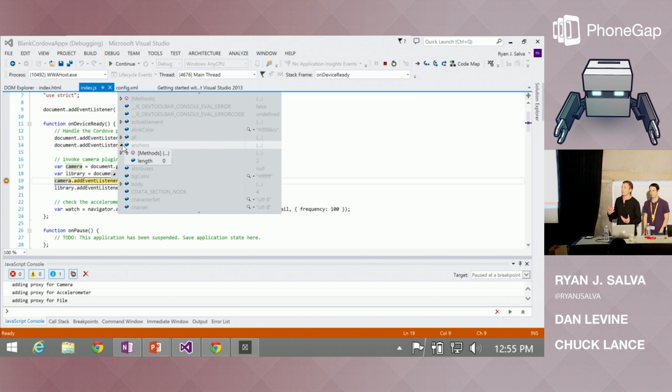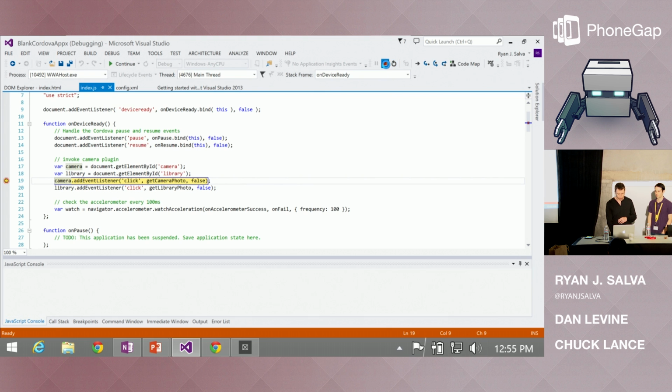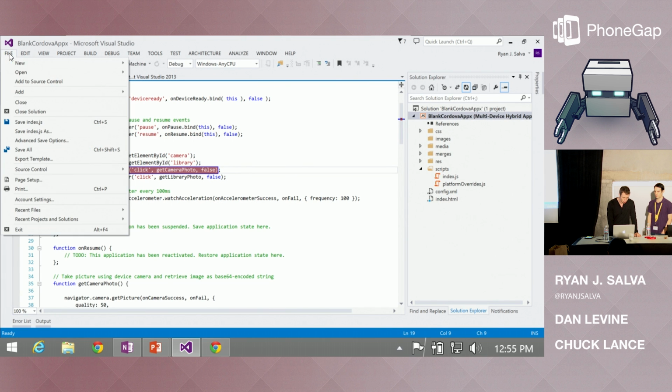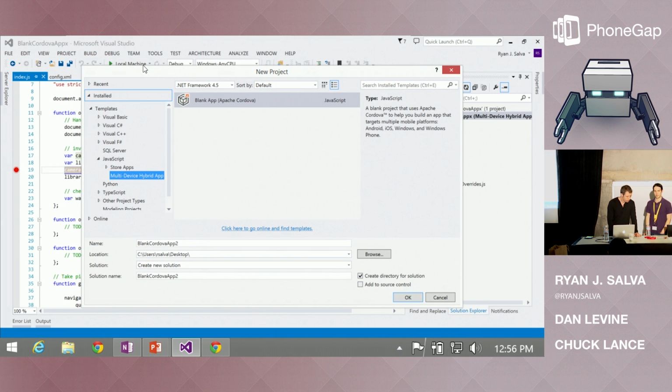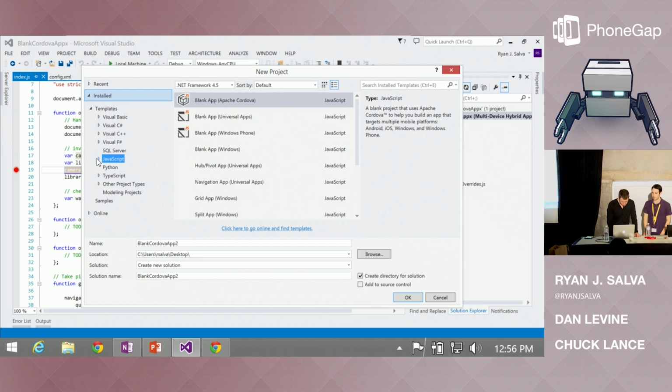The other nice thing is that it provides an extra level of IntelliSense around it. And so I'm actually just going to do a File, New off of this. Dan, you use a lot of TypeScript, don't you? Yeah, I use it all the time. It's saved me a lot of headaches over the last few months.